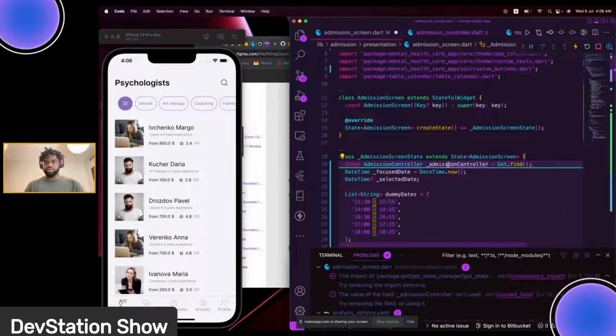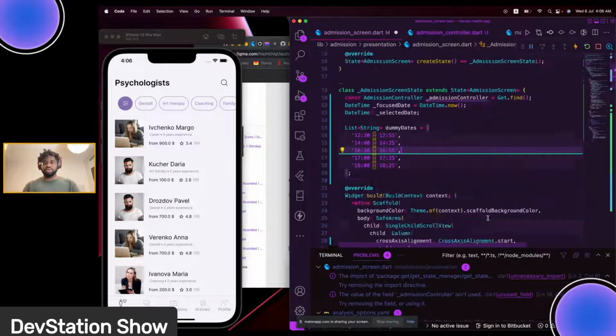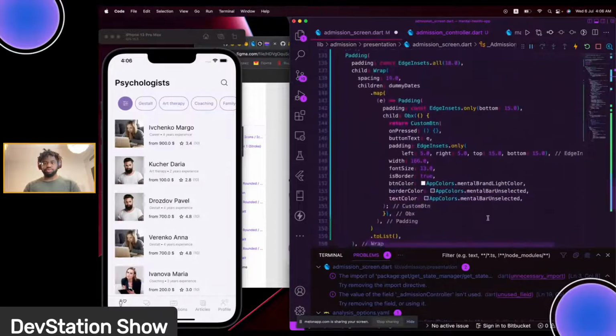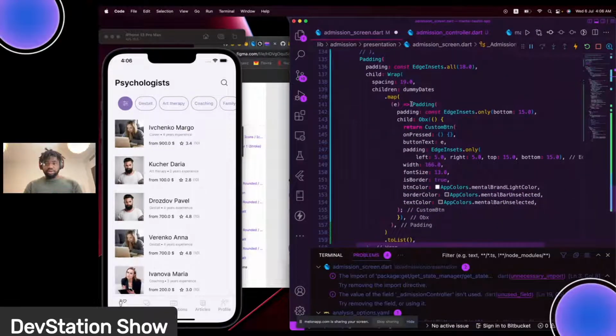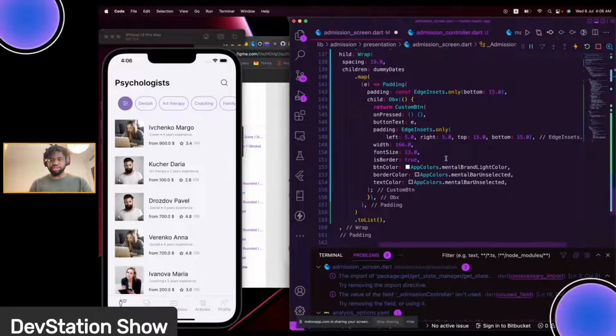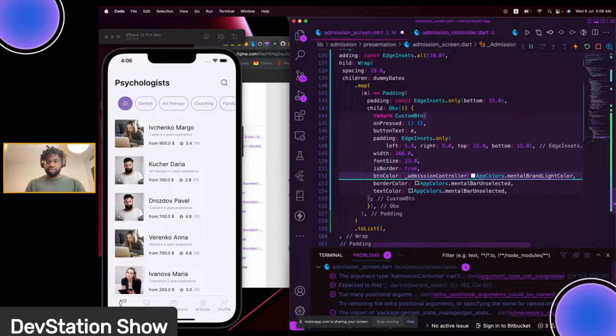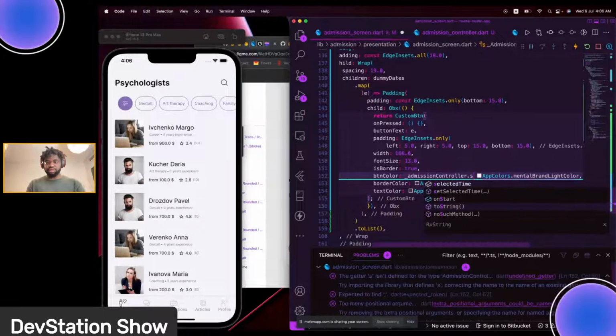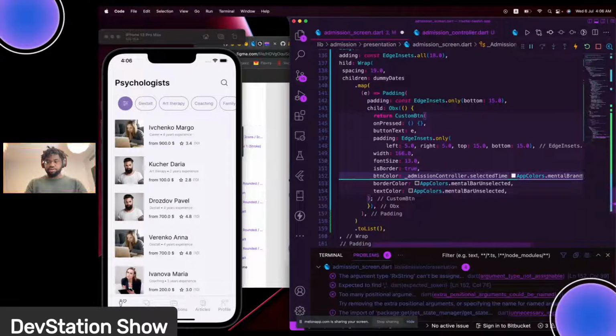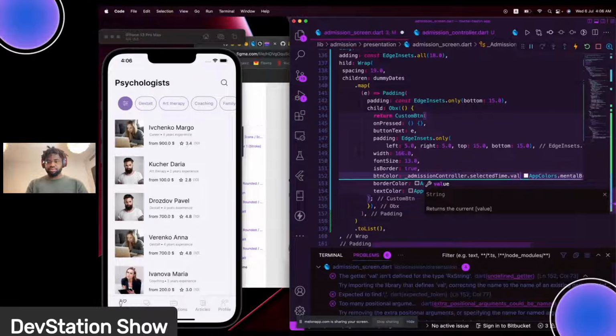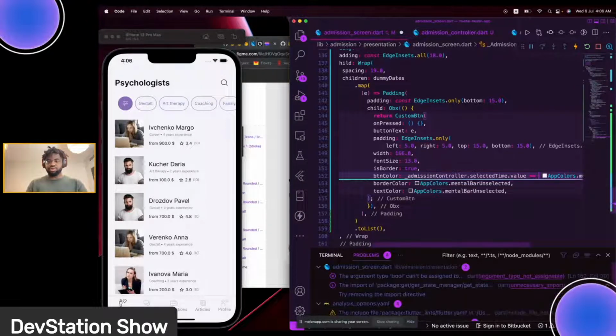Go ahead and start using this, and scroll up somewhere here. And what we are trying to change right now is the button color. So I'm going to say authController.selectedTime.value is equal to